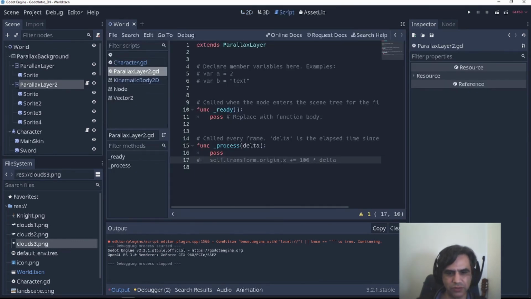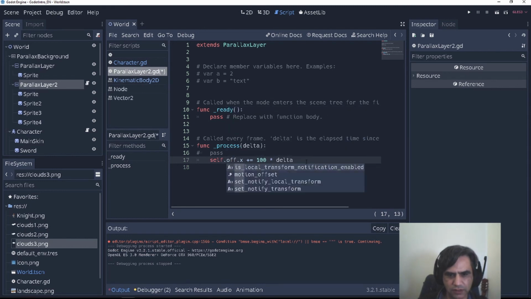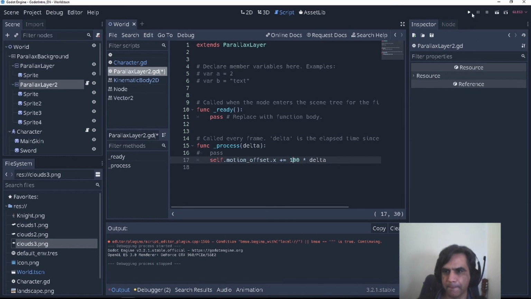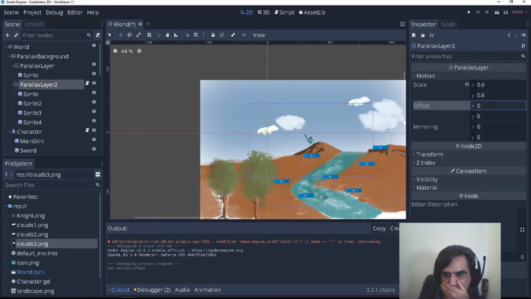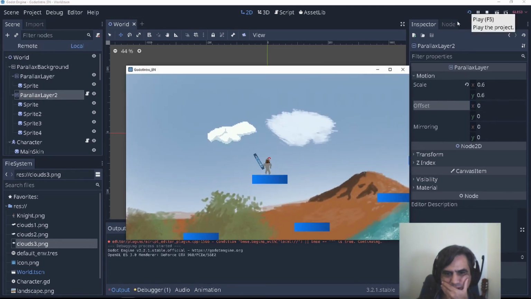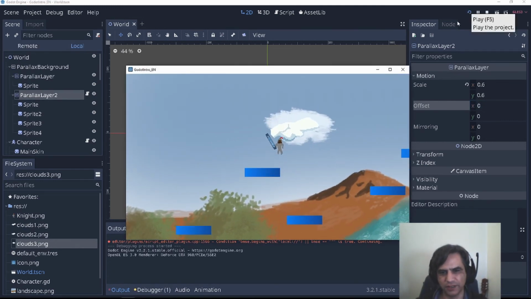So I might need to have this. But I'm going to use the offset. So self offset, motion offset x. Let's see. Sorry. Let's see if this works. Yeah, it works. Yay!